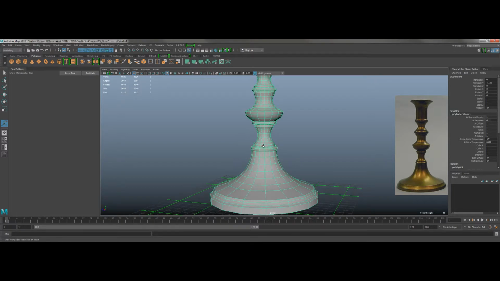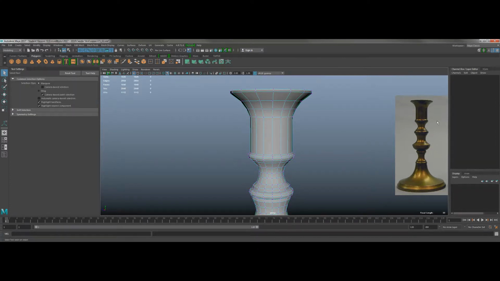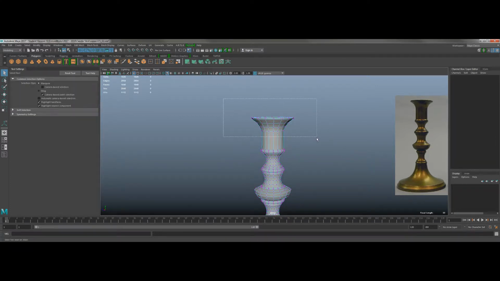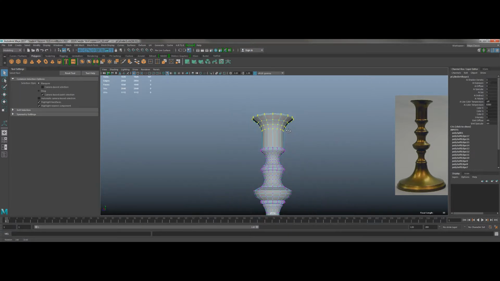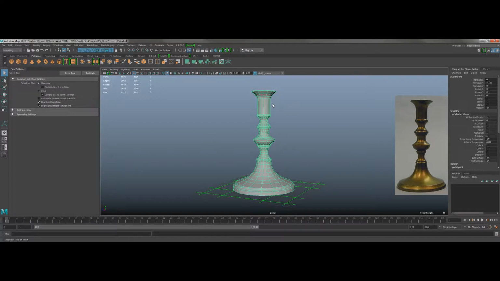Because then, one, if I need to change anything on this, it's easier to change. In fact, here's a good example. I've noticed that maybe my flute section here is a little bit too short, so I can just grab that and move it up a little bit. And if I had to do that with a lot more geometry, see that's already made it a little bit more appealing to me. If I had to do that with thousands upon thousands of faces, it'd be very hard to do. So